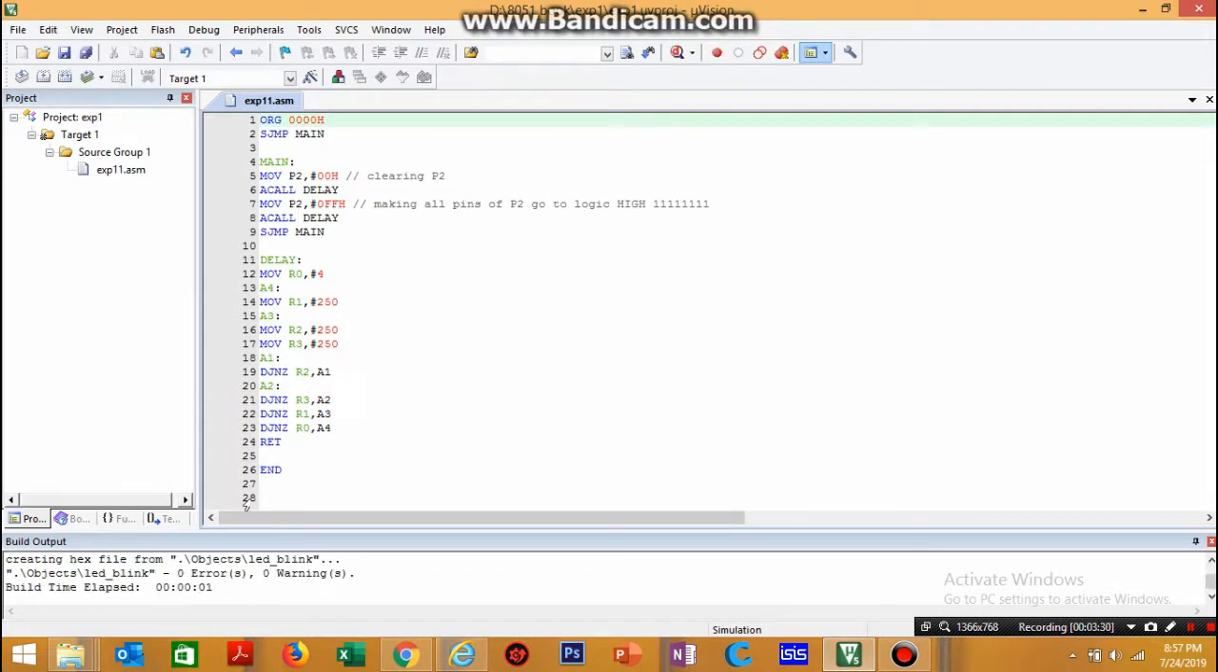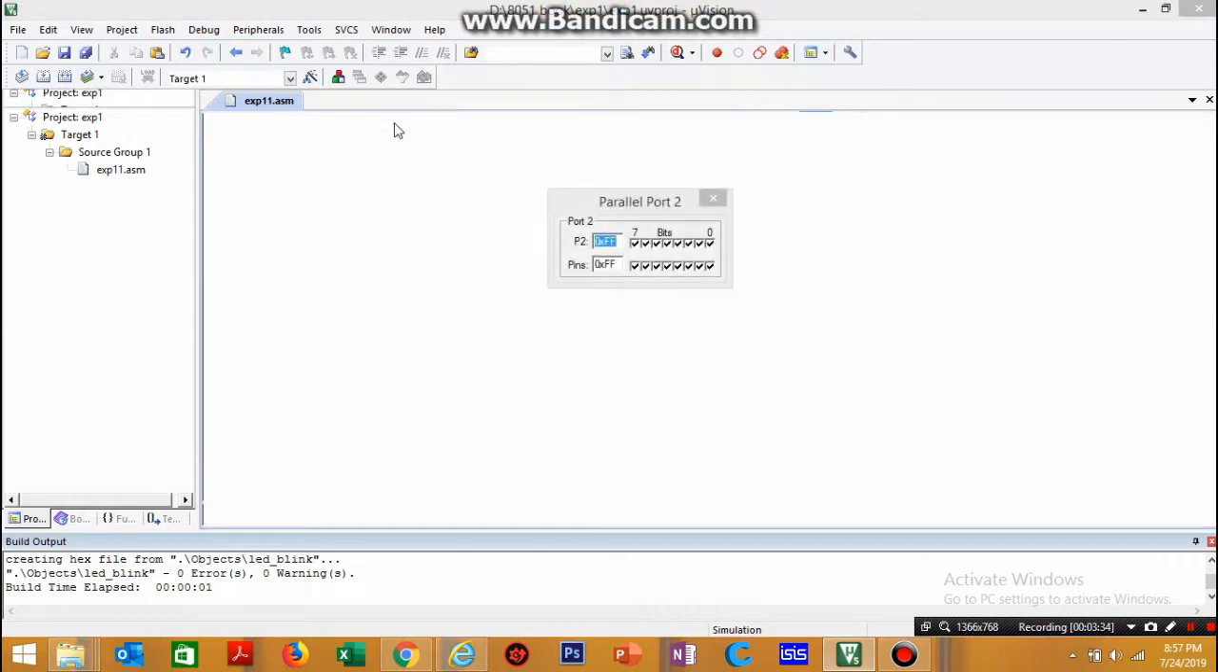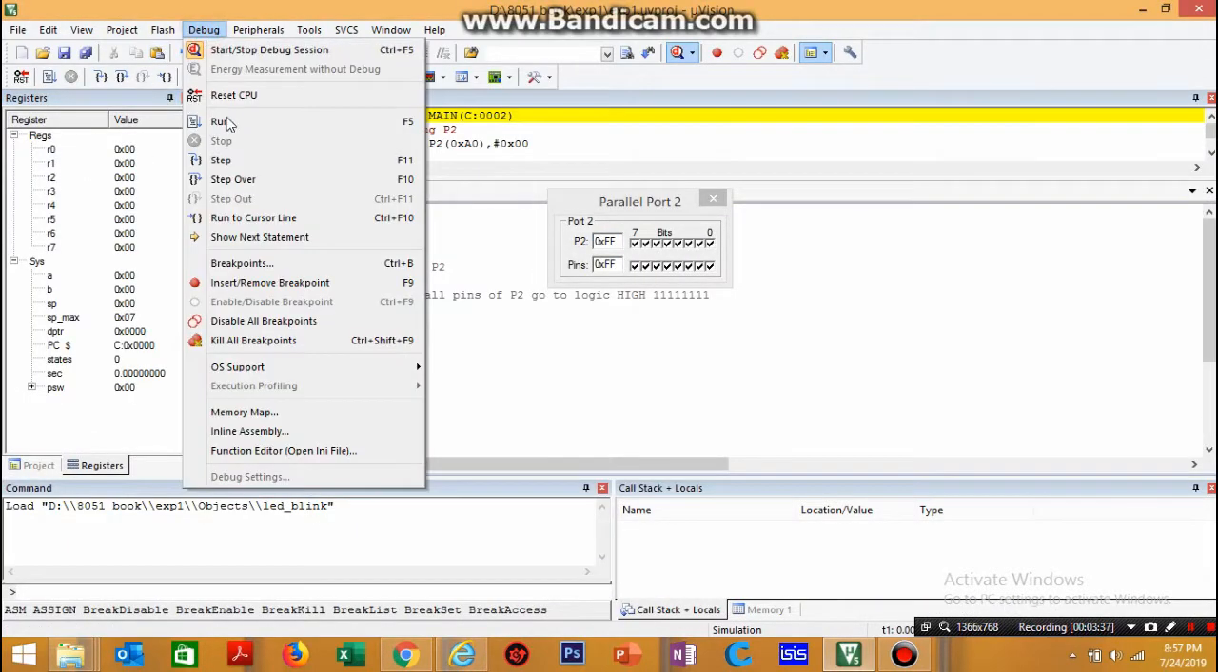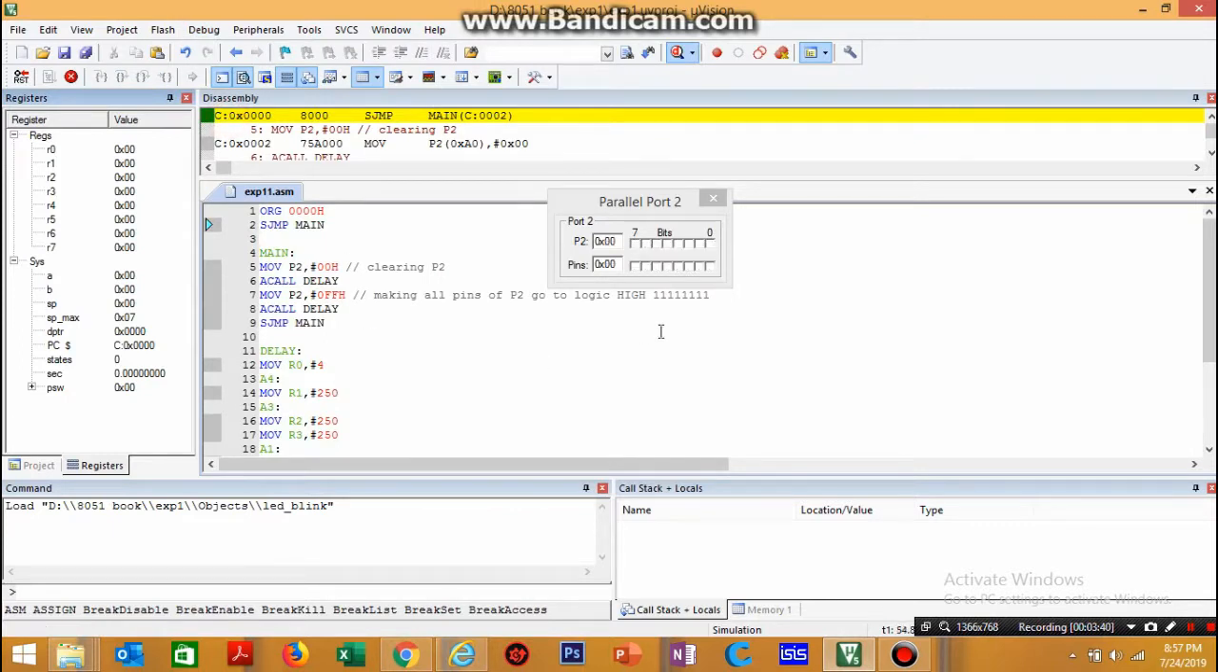So I'm building it, there's no error, no warning. I'll go to debug, I'll click on start stop debugging session. This is the state of port 2 initially. I'll go to debug and I will click on run, and you will see the state of port 2 changing from FF to 00 and so on. So 00, FF, 00, FF, and it's going to repeat again and again